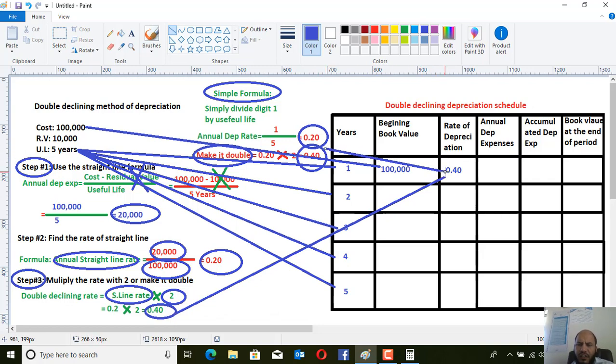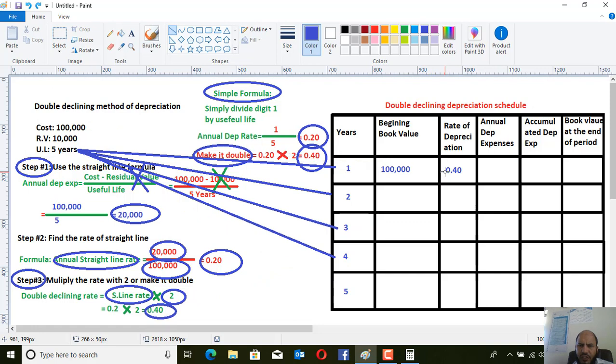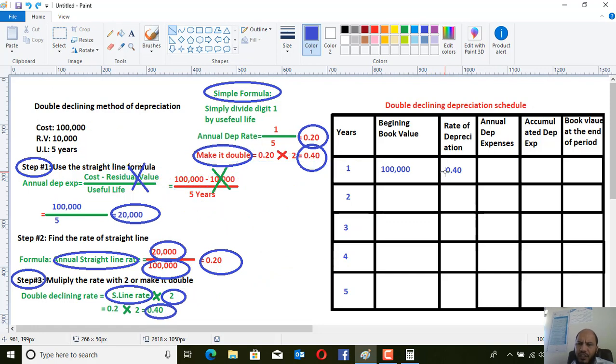So this is the rate that we will multiply with this, and we will find the depreciation expense. Now to calculate the annual depreciation expense, simply multiply the 100,000 with the rate. So when we multiply it, what will happen? The annual depreciation amount